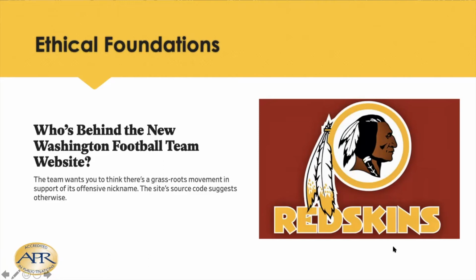And so that's a speculation of why they don't have a new name yet, is it all has to do with trademark law. And so when you think about public relations, it really is interesting how legal aspects do come in and intersect with our industry in ways that we would never anticipate. And the Redskins is a really good case study to look at around that. All right, so let's move on here.